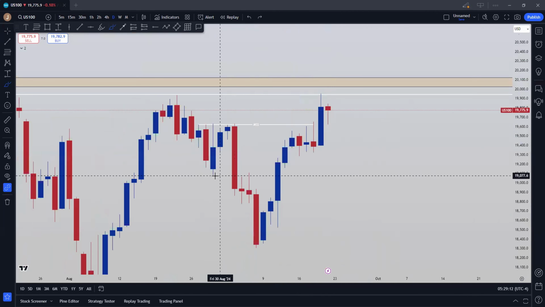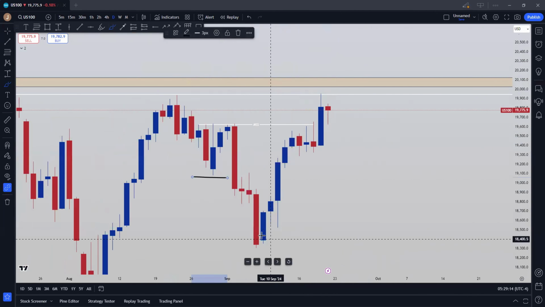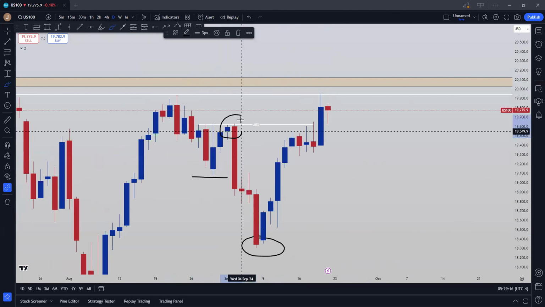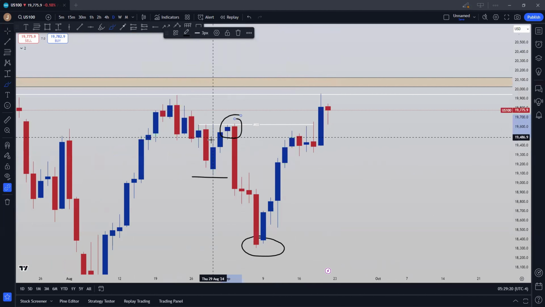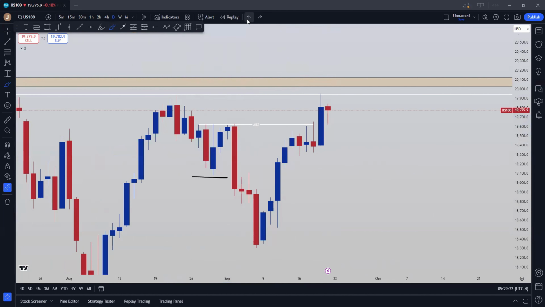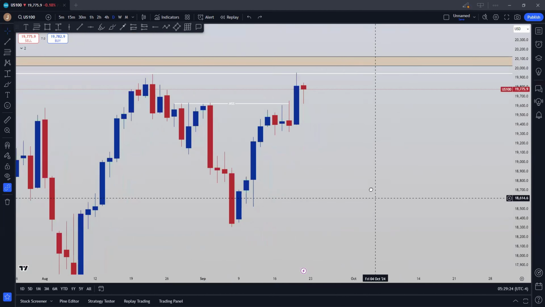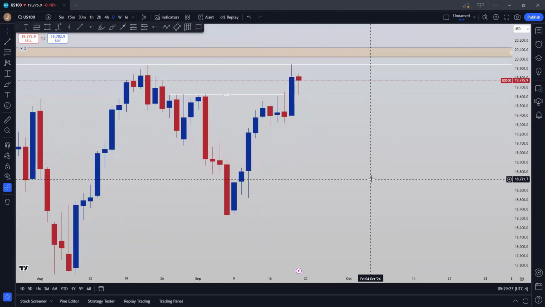All right, so we can see that our sell side liquidity has been violated, and now we are taking out our highs and changing market structure. On the daily time frame, we are bullish, somewhat bullish, right? That is something you need to take into consideration as well.